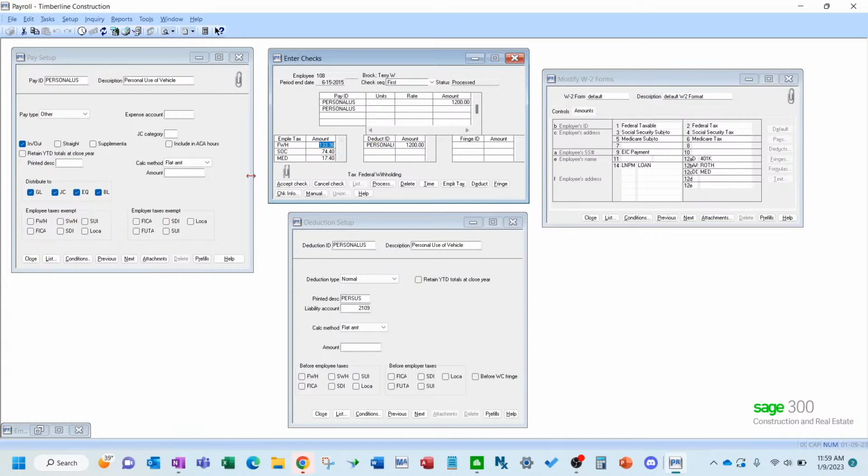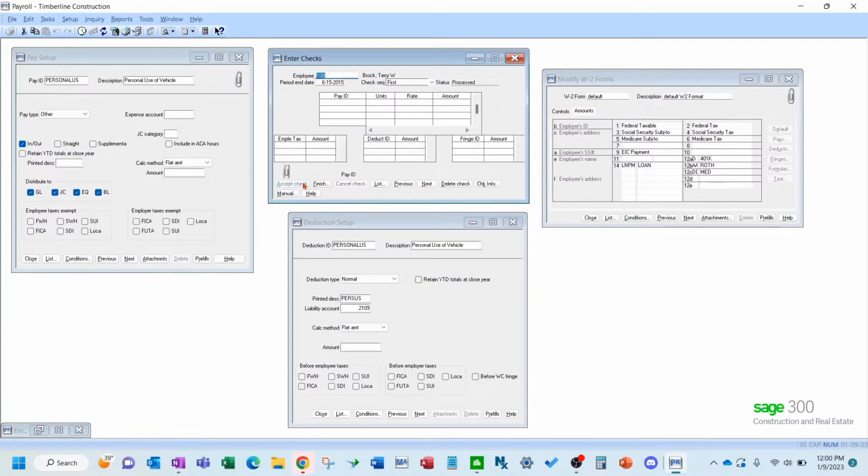Because I want this to be taxable and gross up the pay, I don't check these boxes, but it's going to withhold when I do that. Okay, so you need to process it, wipe out the taxes, and come in here and create the check, or come in here and reprocess, and we're going to make this a manual check.